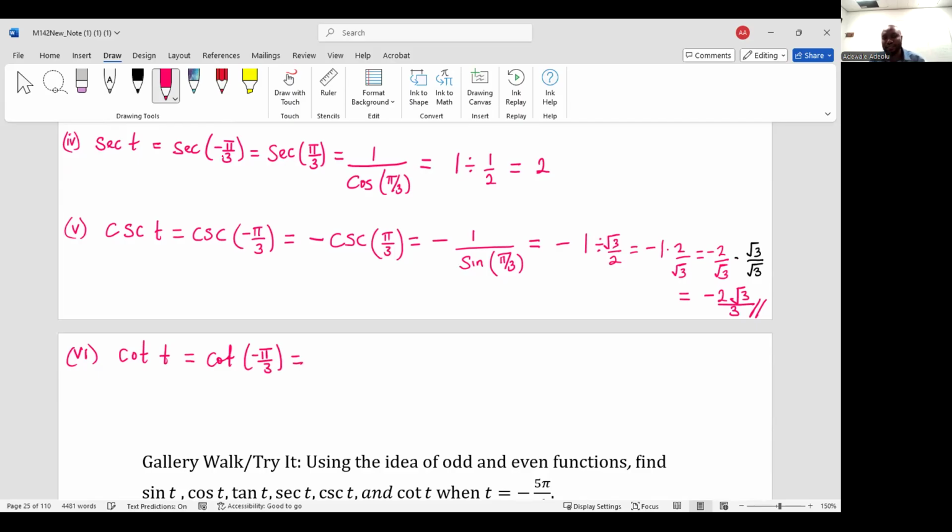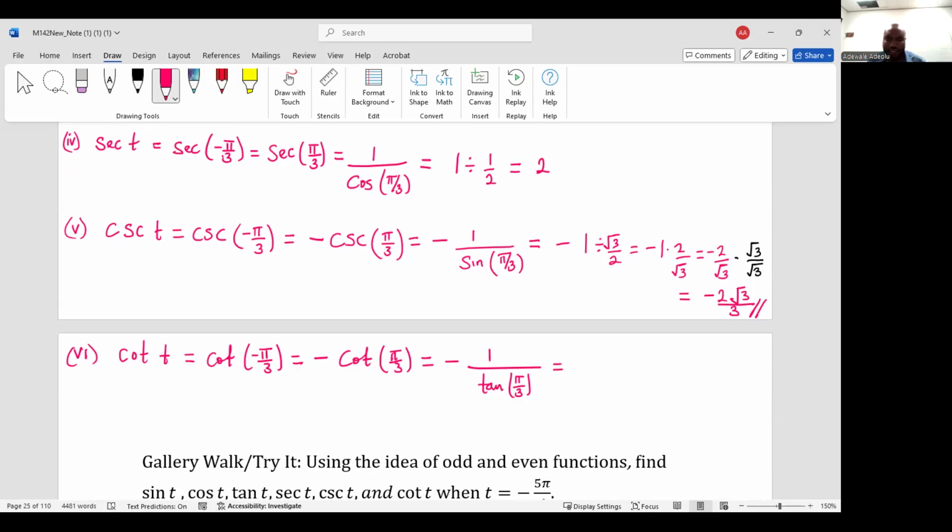Since cotangent is an odd function, it means we have negative cotangent of pi over 3, from the definition of an odd function. Again, we do know that cotangent is the reciprocal of tangent. So that means 1 over tangent of pi over 3, which is,